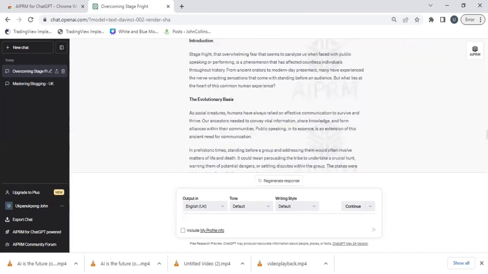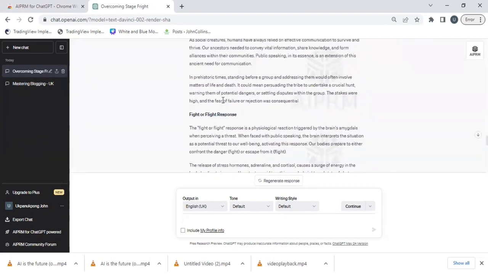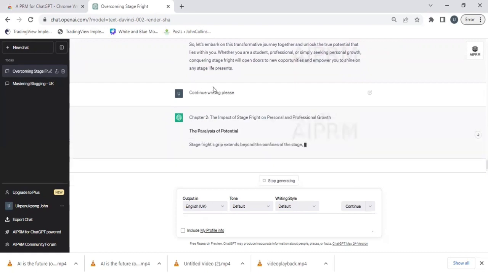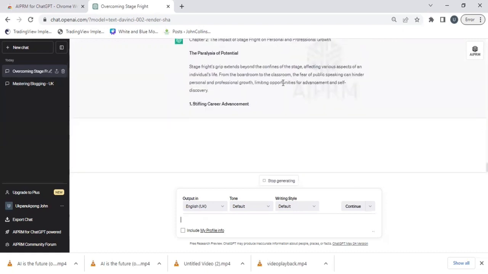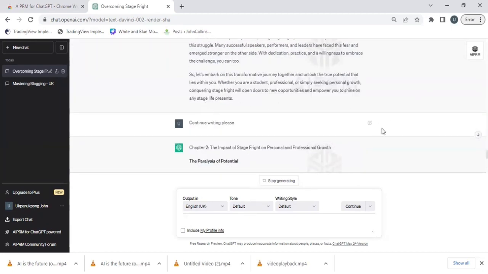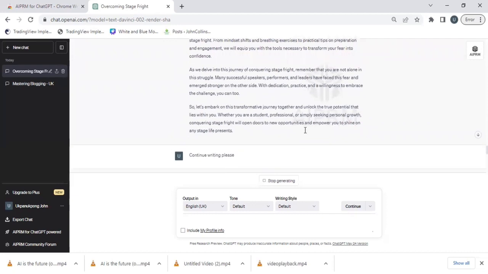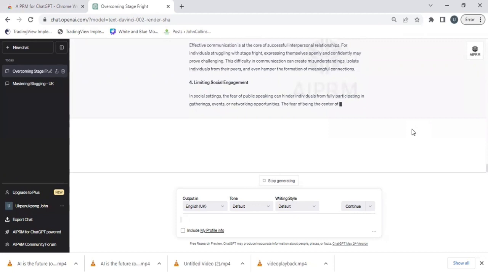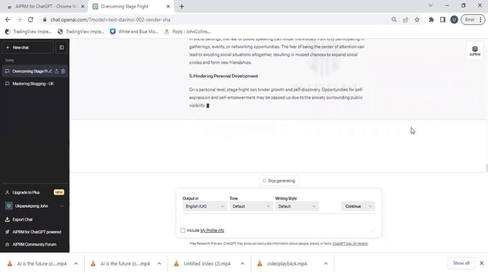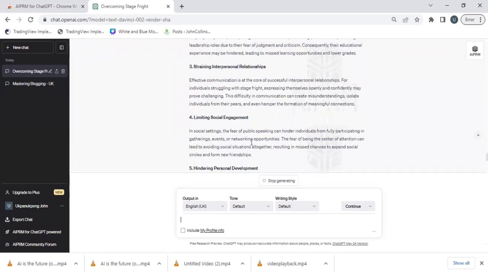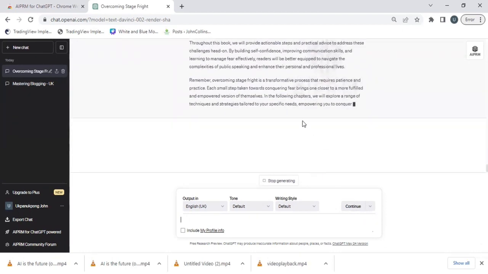You can see it has finished writing chapter 1. So all I need to do is to click continue here. So it's going to hard code "continue writing, please." So you keep on doing this until you get to the last chapter. Once you have done that, you copy it and paste it on your word processing document. For the purpose of this lesson and time, I will not wait for it to complete. All you need to do is to click continue when it stops until it gets to the last chapter,